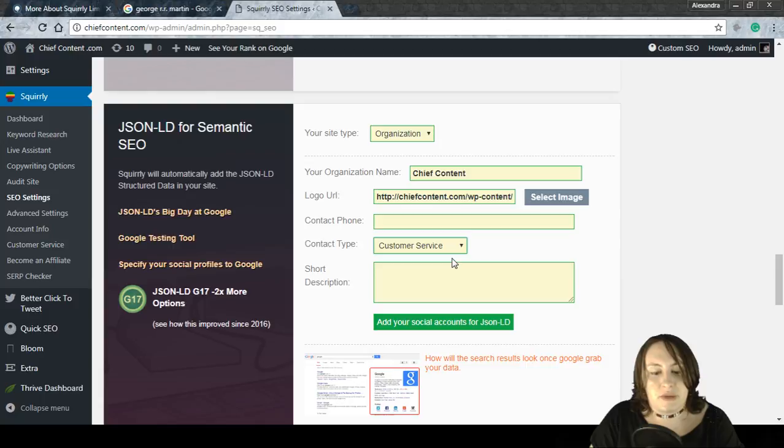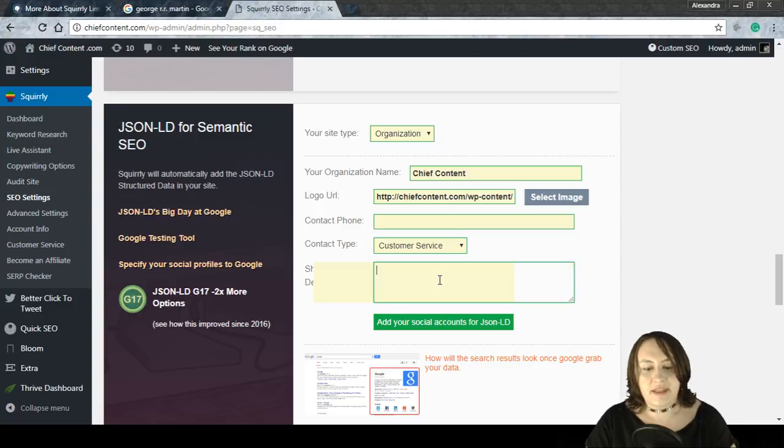So if you're going to mention the contact phone for your company, do select one of these to know which type of phone it is for the people that are going to use it, especially from smartphones. And then a short description here. Grammarly always helping me here. So the short description: